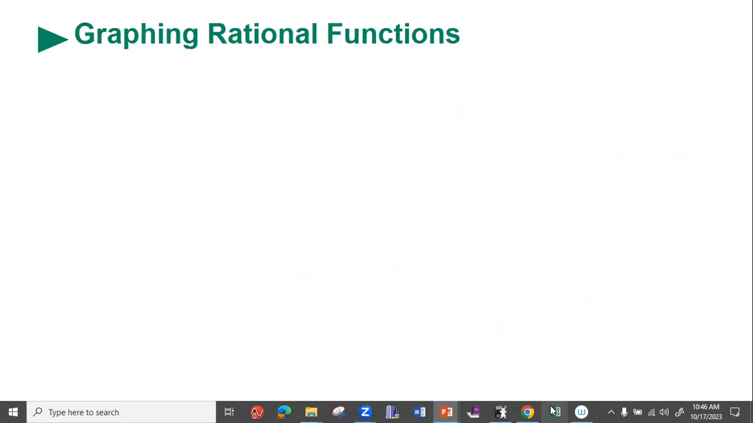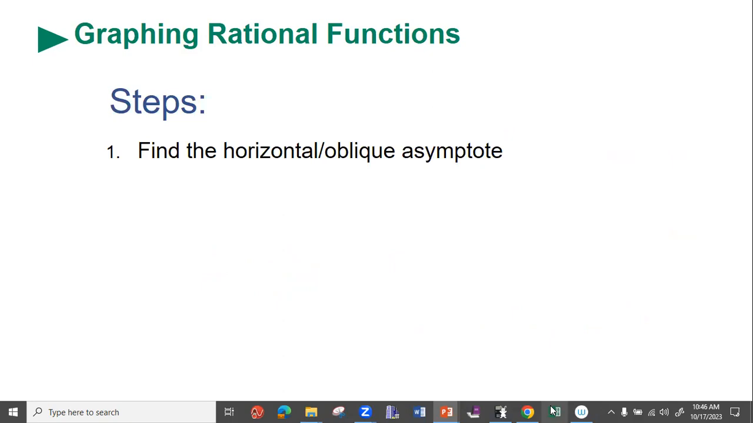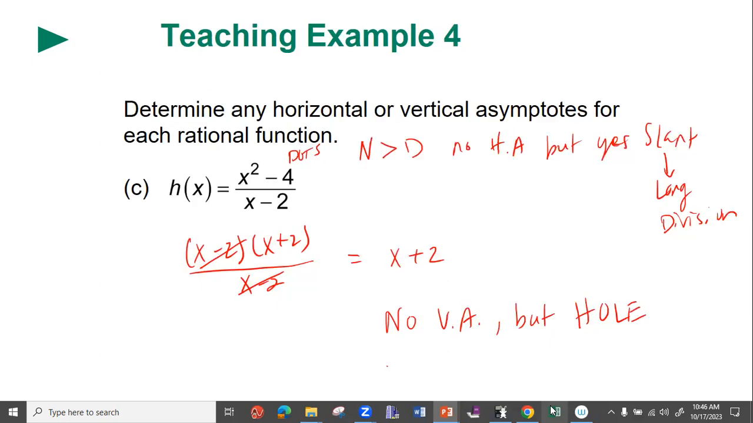Oh, okay, good. Now, what do you do when you're graphing rational functions? To graph rational functions, I meant to